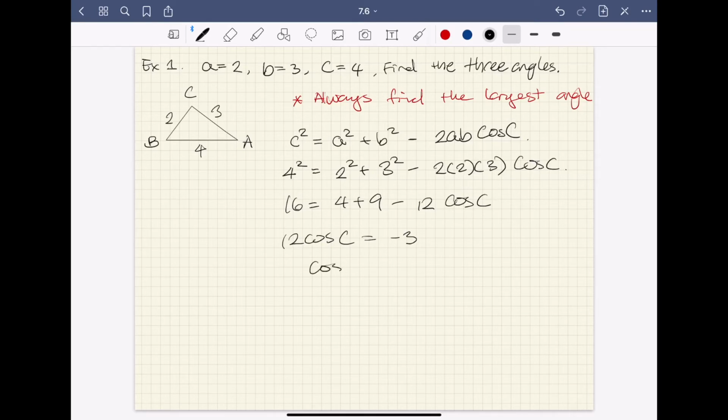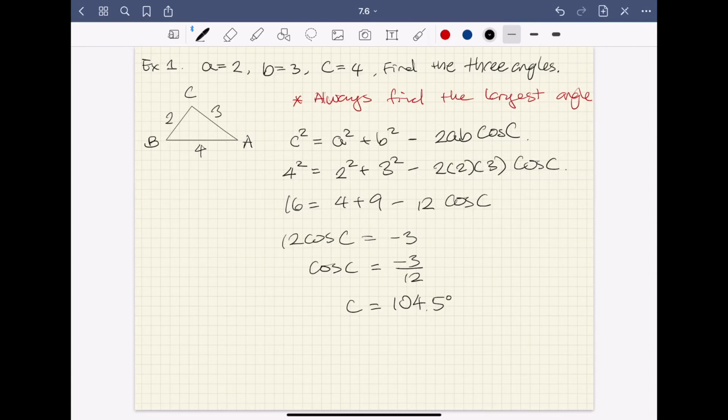And so cos C is equal to -3 over 12. And so C is equal to 104.5 degrees. We know that C is equal to 104.5 degrees, and we will be able to find angle A